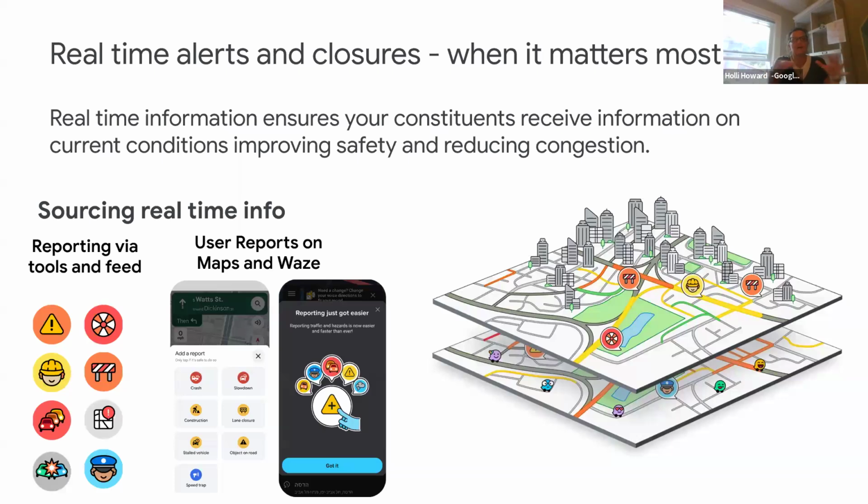Okay, so on top of that foundation data, with the addition of Waze, we're also poised and ready to get these real-time data alerts and closures. When we're talking about getting the data in, quite often through Google Maps content partners, it comes in as a static layer. We're downloading it, uploading it, or getting it through an API, more of a static way. Now with this addition, and Andrew will go into this more, it's so great to have this real-time reporting of road closures and other issues on the map to give a better user experience. Next slide.